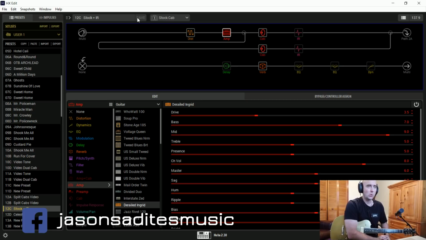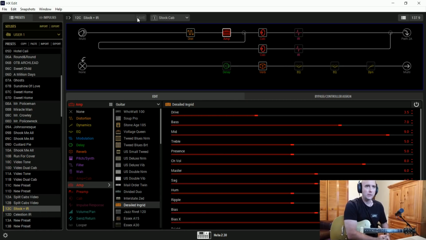I think there was a poll recently up on the gear page that, I haven't looked at the results, but I thought the IRs were kind of tilting the scale a little bit. Anyways, I really haven't used a lot of IRs with the Helix. I did use them with a previous modeler that I felt I needed them on, and on the Helix, I just haven't really felt I've needed them yet. I've been pretty happy with the stock cabs, but it made me think that maybe I could do a little